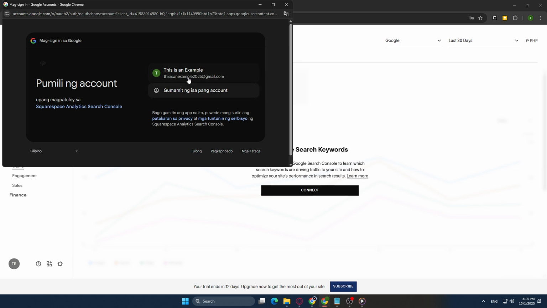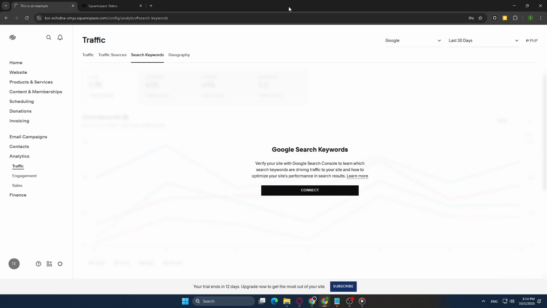And just like that, you are set up. You've successfully navigated to the Analytics section and connected the Search Keywords feature. From here, you can begin analyzing which keywords are performing well and which might need improvement. Remember, this is not just about setting and forgetting. To truly make the most out of this feature, regularly check this data as it can guide your content strategy